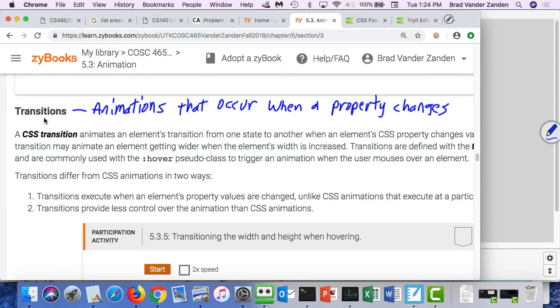Or if you change the color of something, it may gradually go through several colors before getting to the end color. Or if you change the size of something, it will slowly either increase or decrease until it gets to the appropriate size. So basically, transitions are animations that occur on a property change. Transitions are a subset